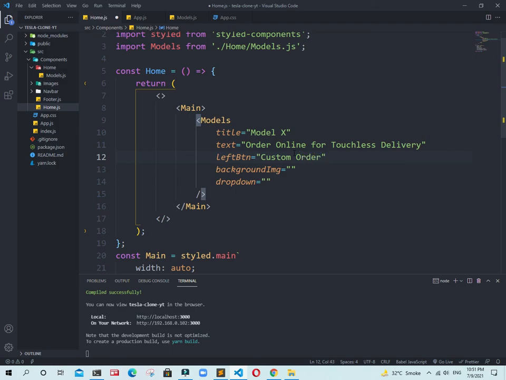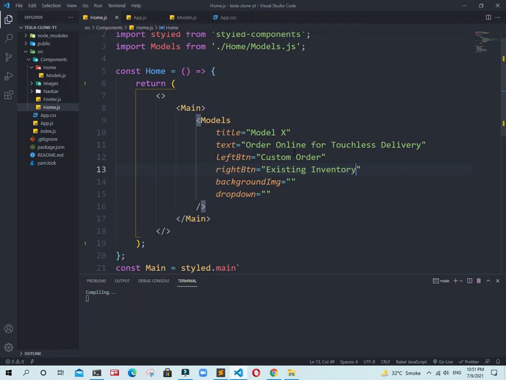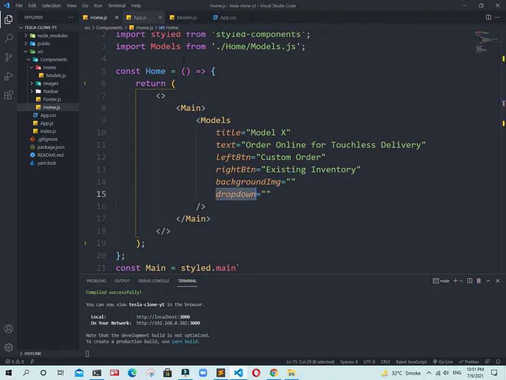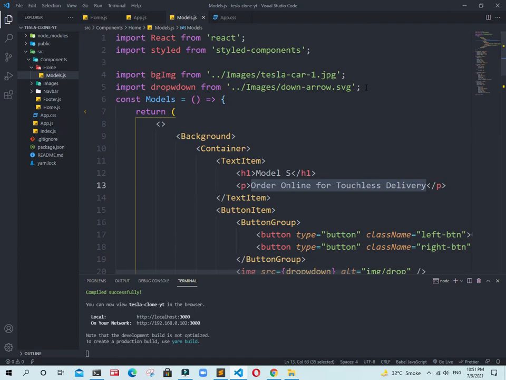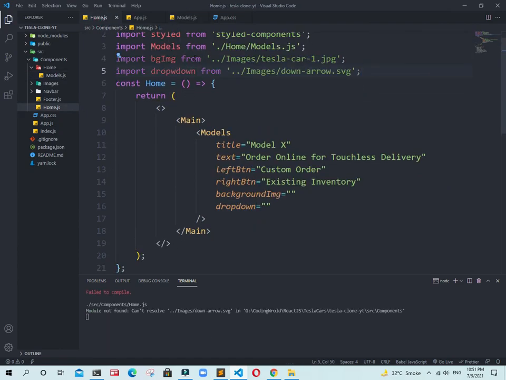Now the right btn will be existing inventory. Add paths to this background image and drop down image. Again I am copying this path from there, paste there. This background image will go there.